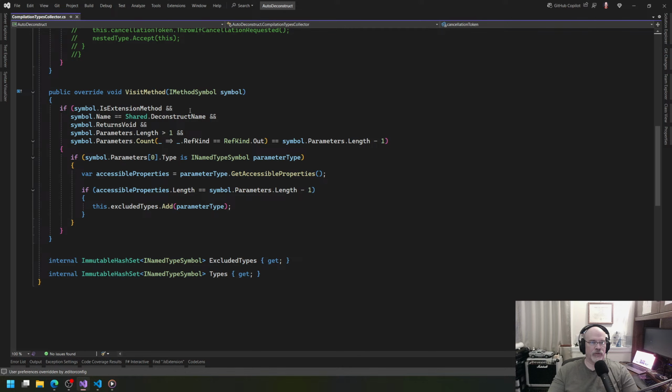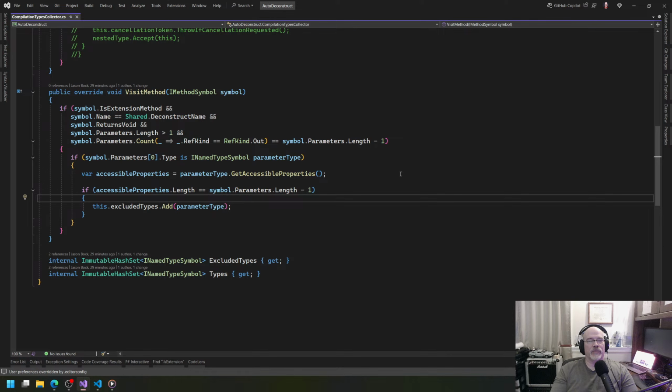So one thing I realize is this visit method. This isn't correct. We have to actually look and say, okay, we found an extension method, has all the names, has all of the accessible properties that match the parameter length. But what we are not looking at is what are the types. And when we arguably can't use the names, this is where it's going to get quite interesting to figure this out. I am not going to get into